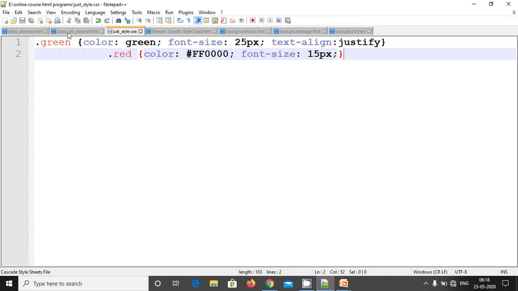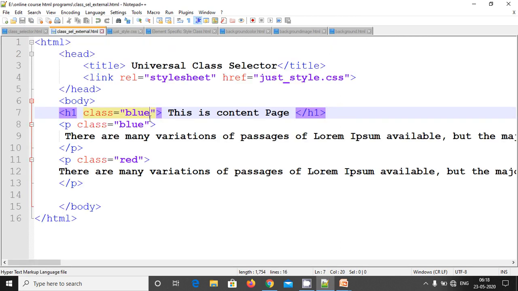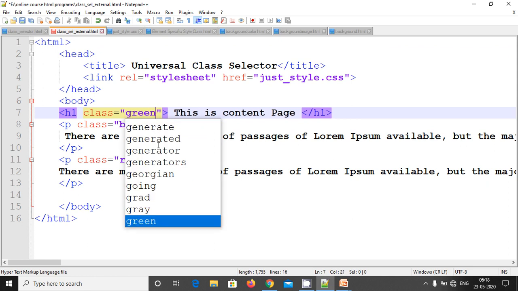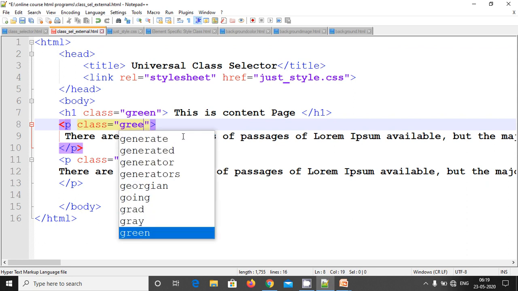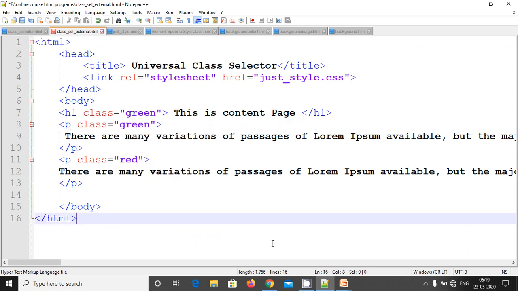Now in place of blue, I'm going to apply green. I don't have a blue class in this external file, so this also I'm changing into green. So the green class and red class are in the style.css file, and I'm applying them here.